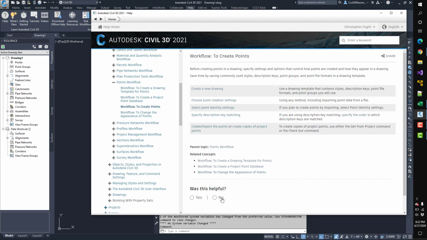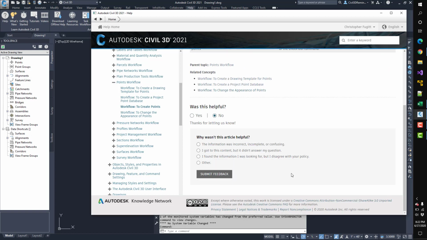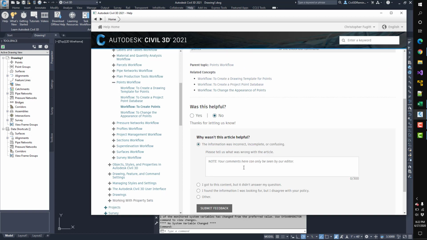I can totally see why users are confused because they're mixing and matching concepts here, right? You either have the database concept or you have the COGO points within a drawing, and they should be split up better and described better than what they're doing here. So it really feels they are